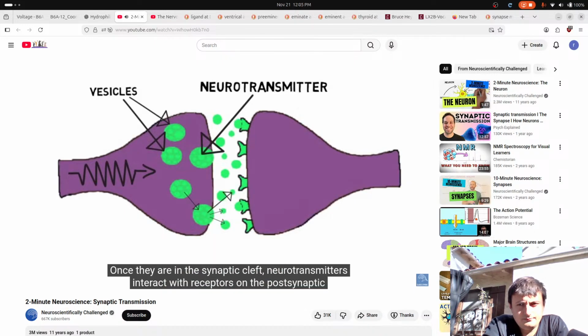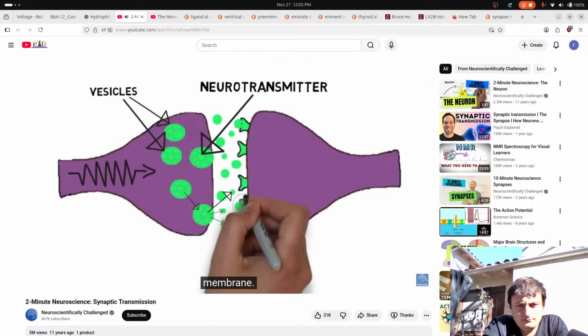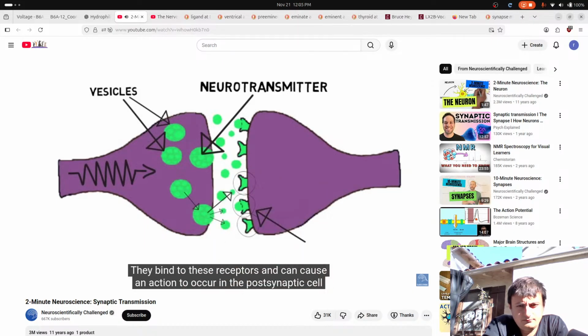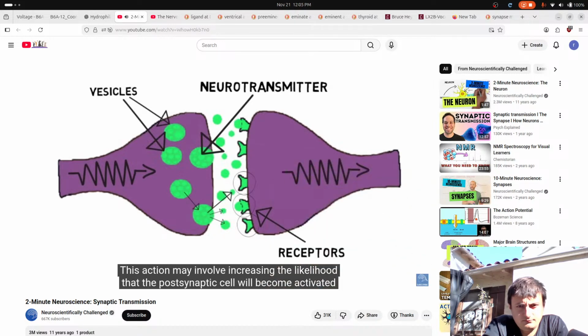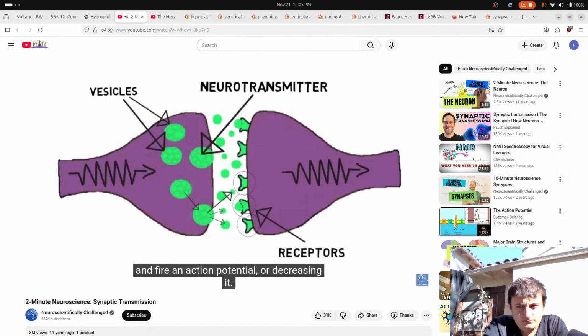Once they are in the synaptic cleft, neurotransmitters interact with receptors on the postsynaptic membrane. They bind to these receptors and can cause an action to occur in the postsynaptic cell as a result. This action may involve increasing the likelihood that the postsynaptic cell will become activated and fire an action potential, or